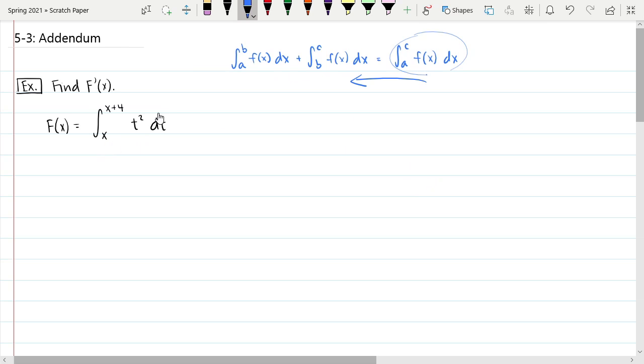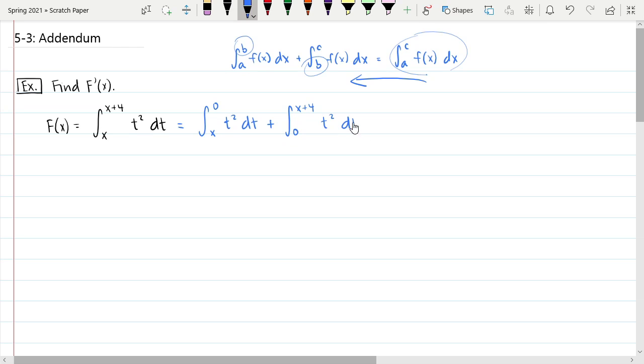We can break apart this definite integral into the sum of two other integrals where the shared limit is the constant. And it doesn't matter what constant we use. That's the nice thing about it. So I could randomly say that this is the same as the integral from x to 0. Again, I'm just choosing 0 randomly. I could have chosen 1. I could have chosen pi. I could have chosen any constant. I'm just going to use any constant I want. So we're going from x to 0 of t squared dt plus the integral from 0 to x plus 4